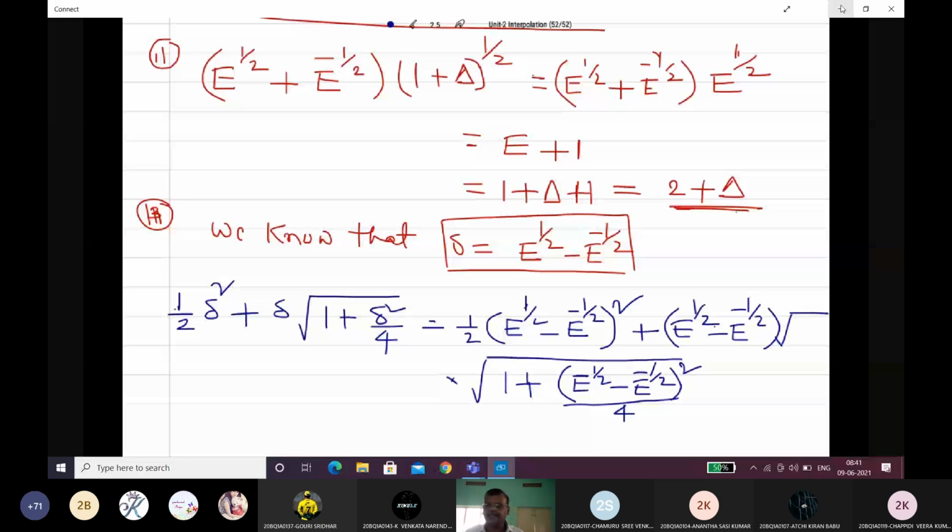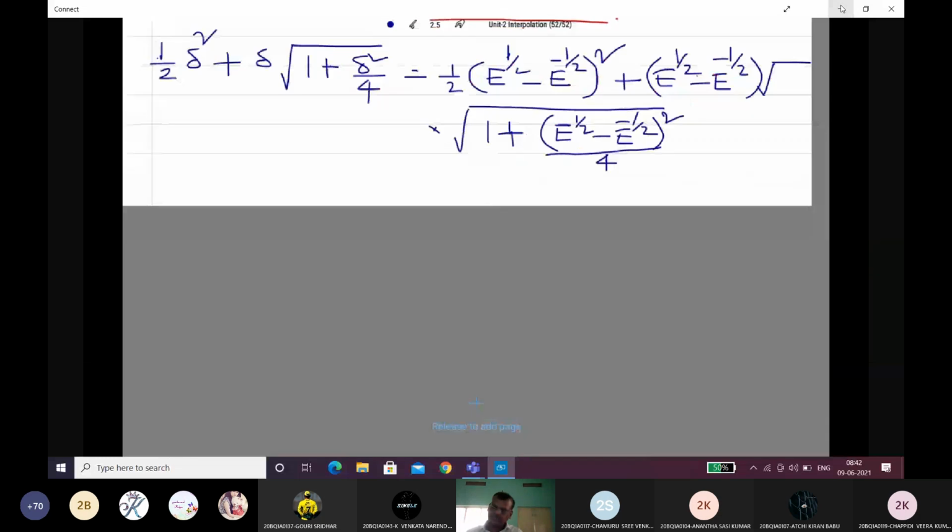Now here we have to apply the formula a plus b whole square, a minus b whole square. A minus b whole square is equal to a square plus b square minus 2ab. Inside and outside. That is the next step. That is equal to